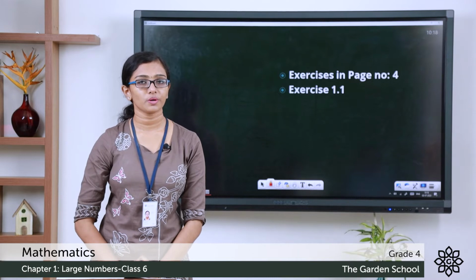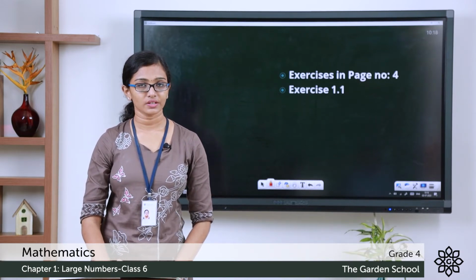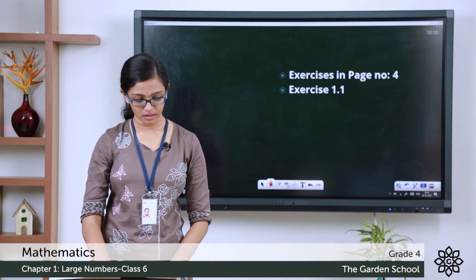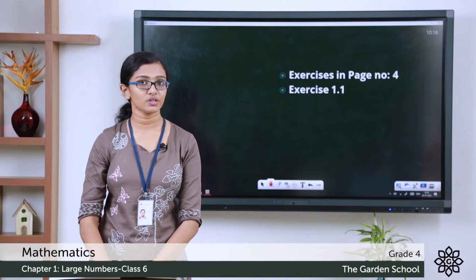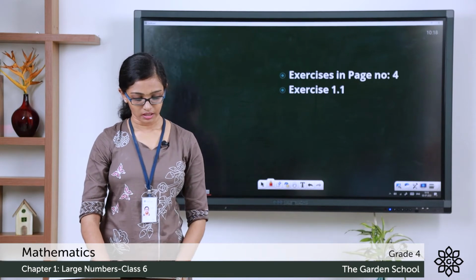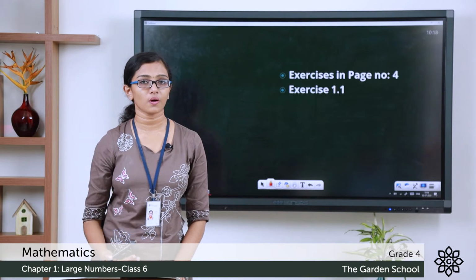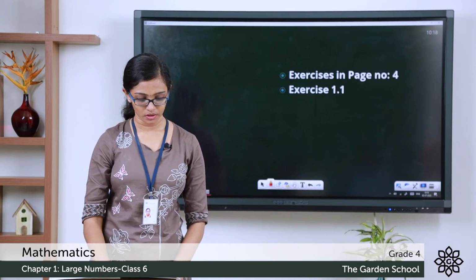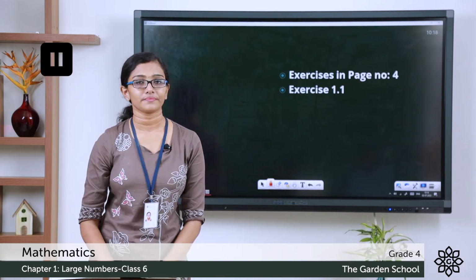Now let's do one more activity. There is another heading given there under the name try this. You have to write in short form, then place the numbers in the place value table. You are given a few expanded forms there and the place value chart is given alongside. How do you write the short form of a given expanded form? Just add up all the place values vertically and the resulting answer is the short form. So you can do that, finish that and please come back.